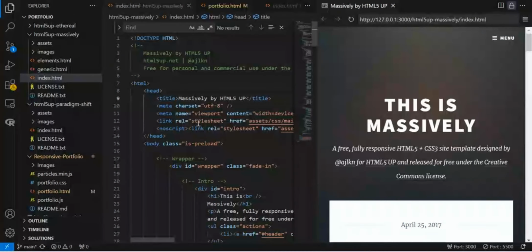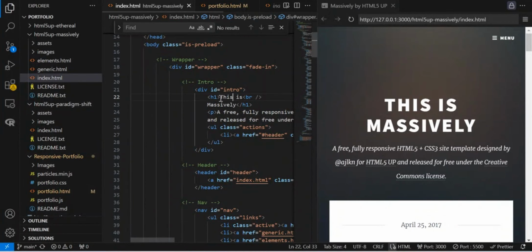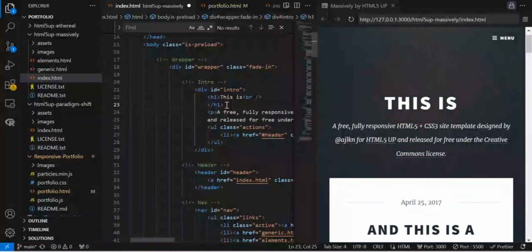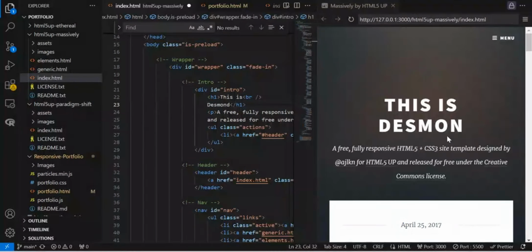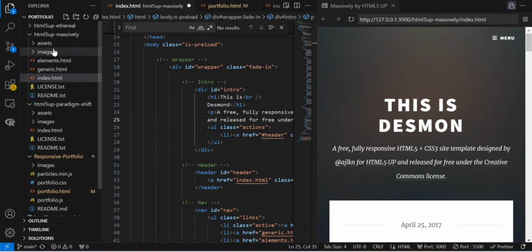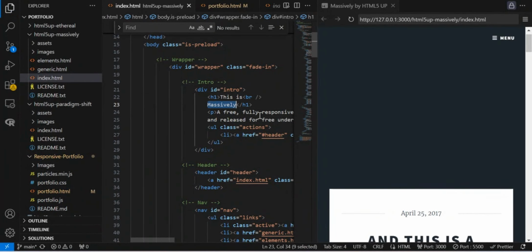So this is Massively over here, but once I change it to my name, you see that it updates by itself in real time. So this extension is very handy for live web editing. I'll bring it back to where it was.